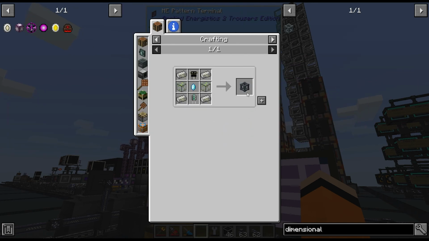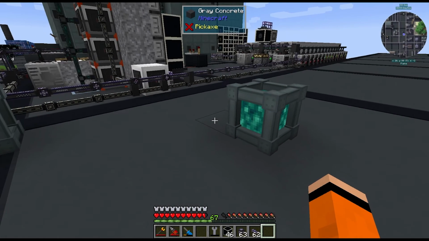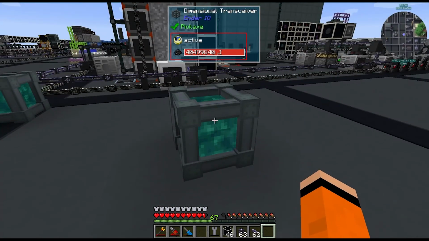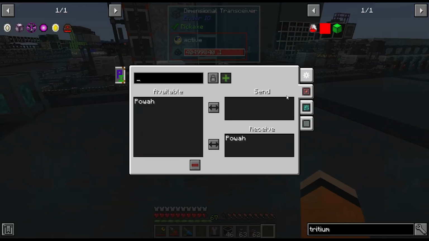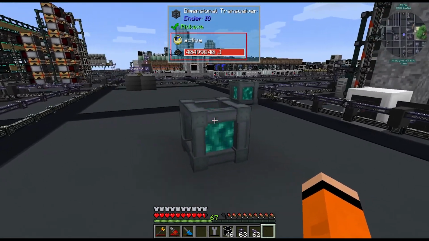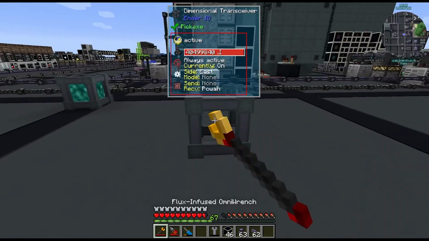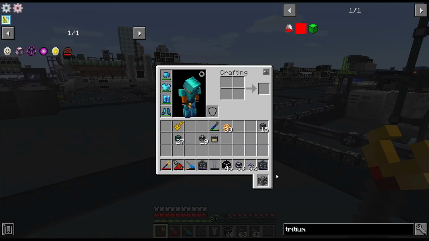I don't know if this has any sort of power tax on it. Let me actually find out. Let me look that up. I couldn't find anything about a tax on the energy that it sends. I think it's free. If not, we can switch to GregTech solar panels, but I think this can work. So if we can have this dimensional transceiver transfer up to 532,000 RF a tick, I think we'll just use these, and then we obviously have to build the multi-block